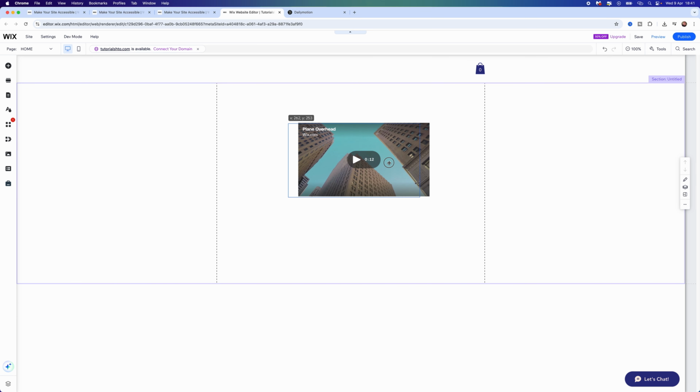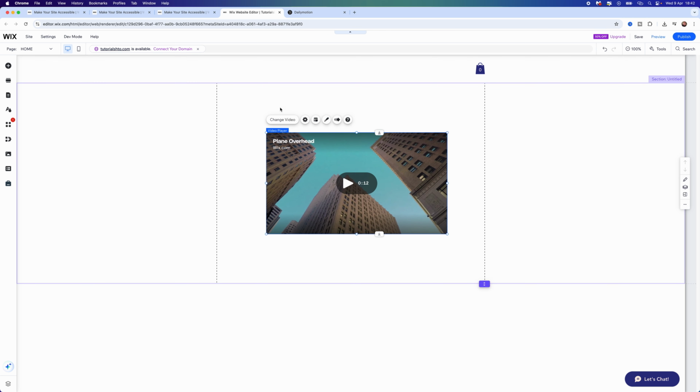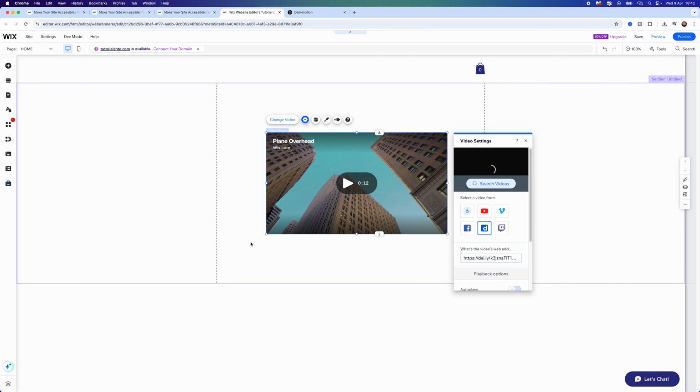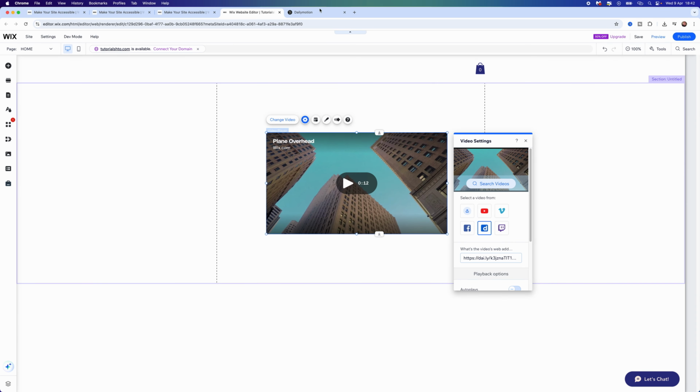You can resize this and you can move this around, as you can see, and then what you can do is you can select change video to add your own. What you can now do is you can click on search videos right here. That will then allow you to search from all of the videos on Dailymotion, or what you can do is